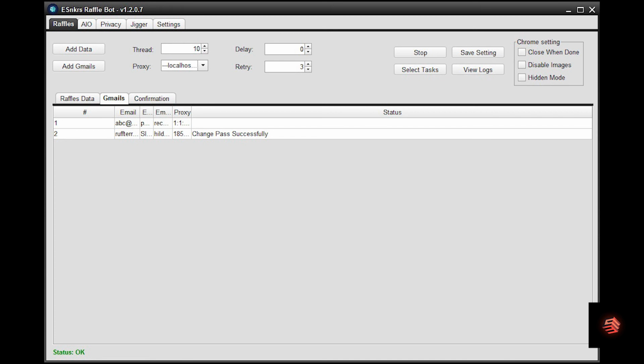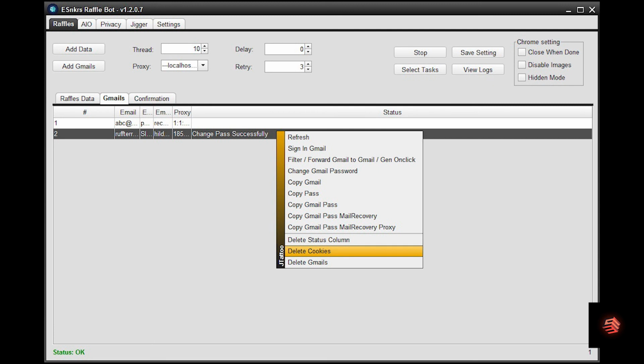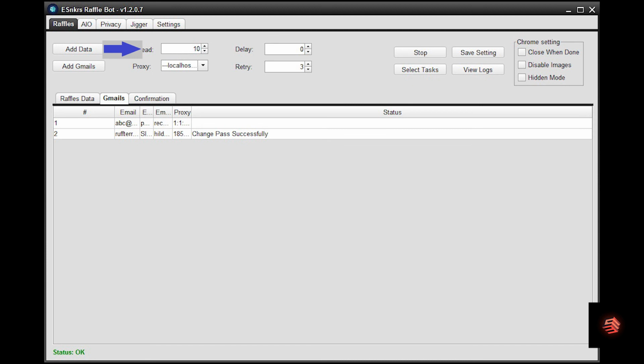Generate cookie requires a lot of space on your disk. If your disk is full, you can delete those tasks that you are done with, or you can run delete cookie. As mentioned before, rest is used for the amount of tasks that can open at one time. Delay, retry, and select button are only used for raffle data or confirmation, so they do not matter to this Gmail feature. For proxy list, if you already put your proxy in column D like I mentioned before, each sneaker will use the proxy from the Excel sheet first, not from the proxy list.